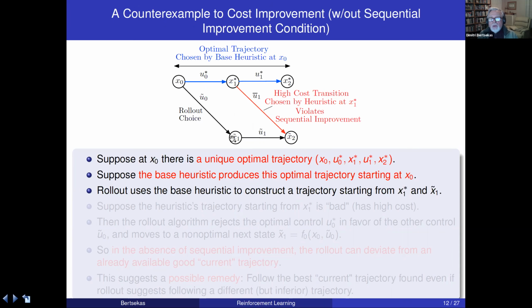And this Q factor is also larger than this heuristic cost because this is optimal. So the sequential improvement condition is violated. Okay, so that's what we assume. We assume that the heuristic trajectory starting at x1 is bad. And then what's going to happen is